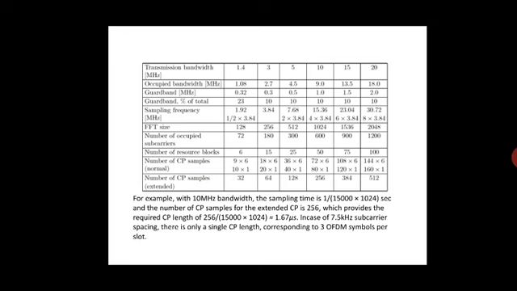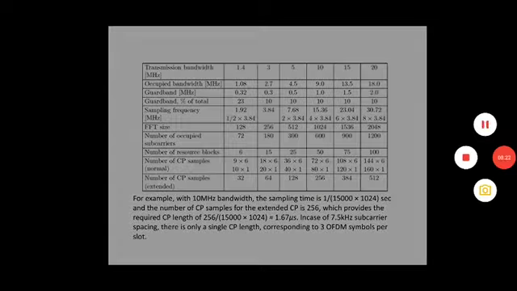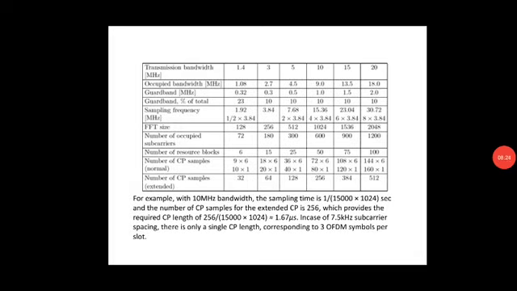Now this is a multiplexing table, given for 10 megahertz bandwidth, and its sampling rate will be considered for 15 kilohertz. 15 kilohertz we took here, 1024, which comes to 1.67 microsecond. That is what the CP samples for extended CP will be, 256, which is taken from the above diagram. Okay, I hope you can see here,